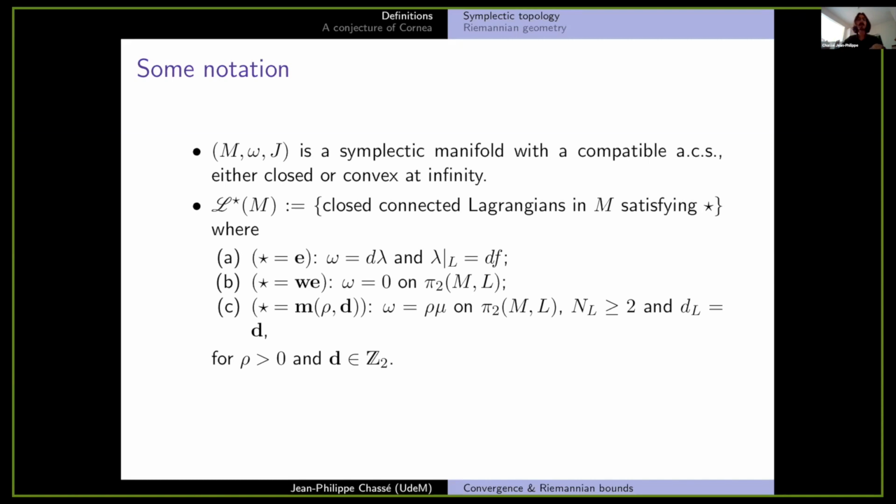And once M and L star is fixed, I'm going to take F and F prime, which are just two collections. I'm going to call them families, hence the F. And so I'm going to take two families in L star, and they have to respect this condition. It's not really important for now what it precisely means. They just respect some kind of topological condition with regards to their intersection.